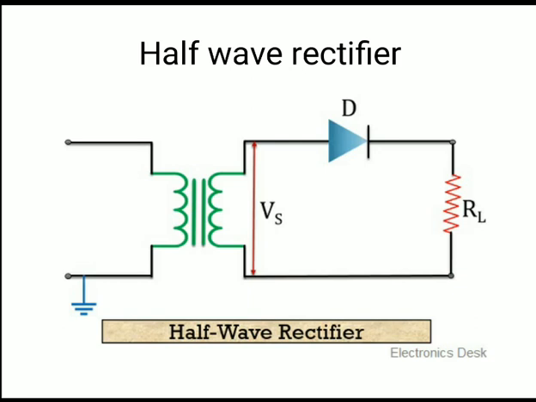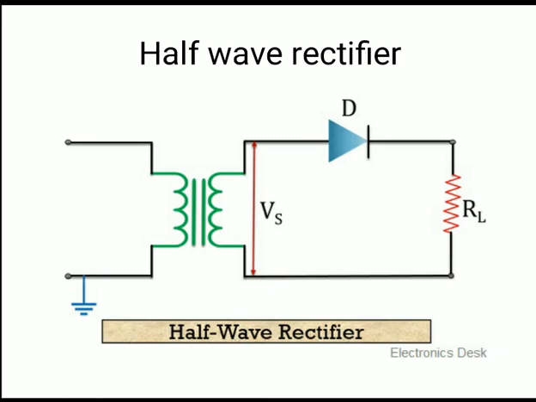Now what will happen in a half wave rectifier? We use a transformer, which will reduce the voltage. Now, AC voltage is nothing but a combination of a positive half and an identical negative half. When the positive half and negative half combine, we get one waveform, so each cycle consists of one positive and one negative half. During the positive half cycle, the anode is connected to the positive terminal and the cathode to the negative terminal, so the diode D is in forward bias, and it will allow the flow of current.